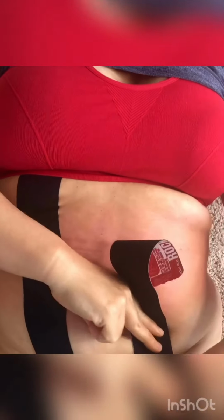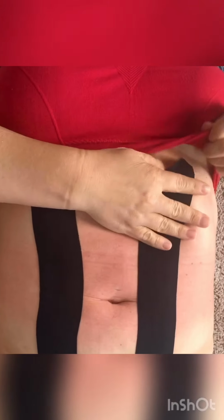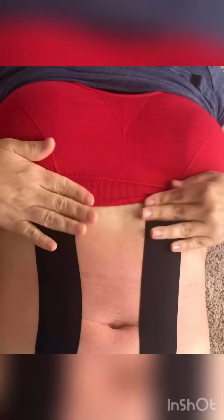Bringing it down. And then bringing a slight stretch up and just bringing it all the way up underneath your sports bra. So then next, mine's a little crooked and not where it should be. It should be a little bit closer to the linea alba. So you want to get it as close as possible, because the next step is you're going to take your,